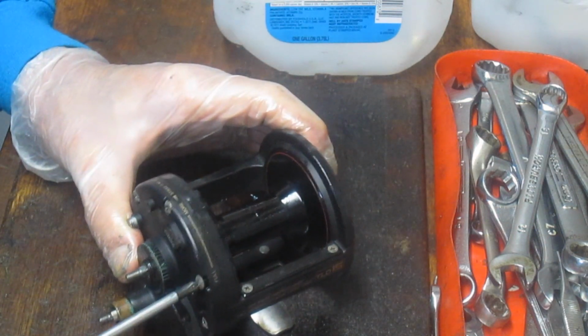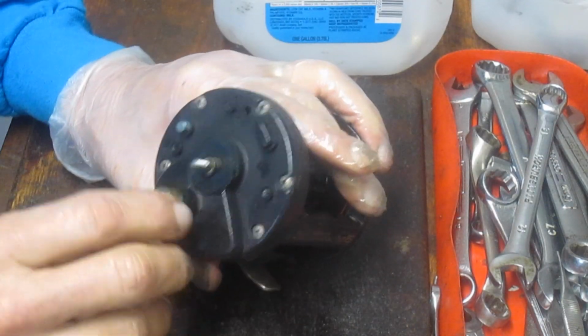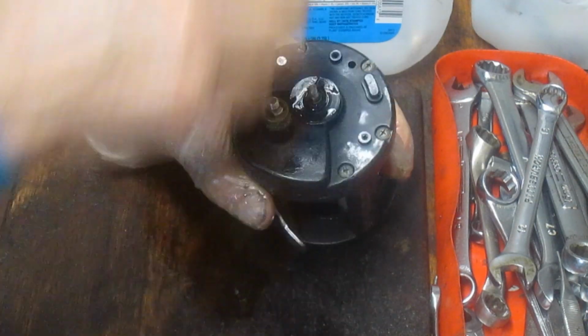I believe you could use braid. I don't know why you couldn't on this reel. There's no line guides or anything that would be problematic there. I like to turn the thing, make sure my gears are working as well. I'm going to go ahead and put that little